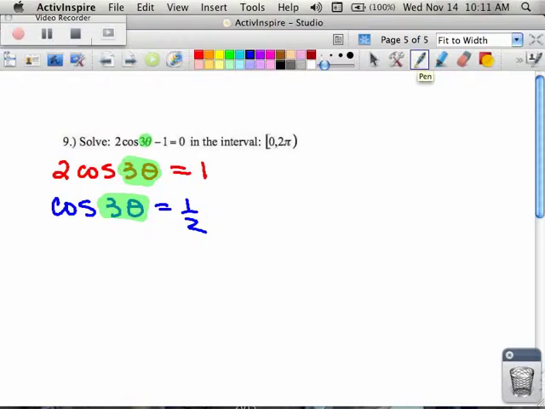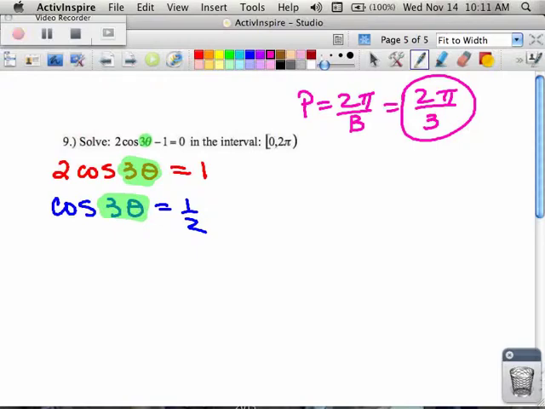What it means is that when I'm looking at the period, I know that the period is equal to 2 pi divided by the b. What's the b? 3. So that's 2 pi divided by 3. This is my period. That means I should see 2 answers only going 2/3 of the way to pi. That also means that when I write down this blob thing,